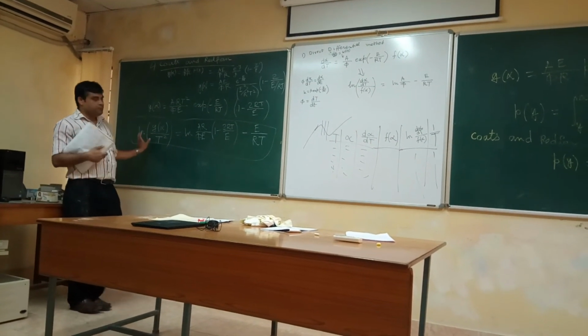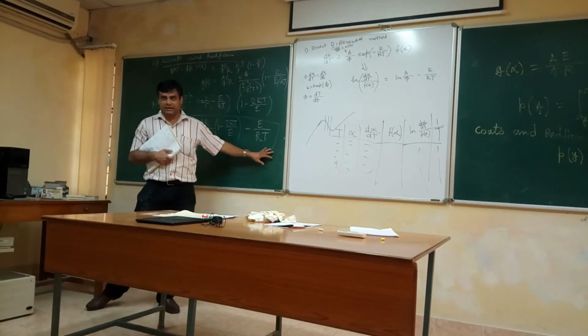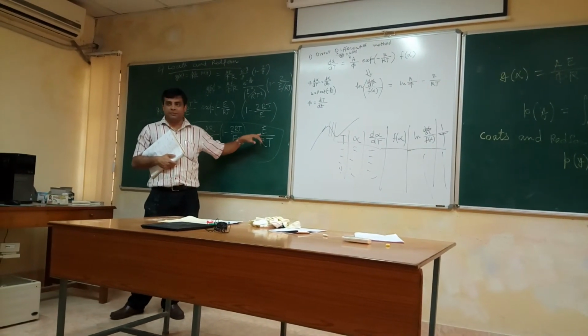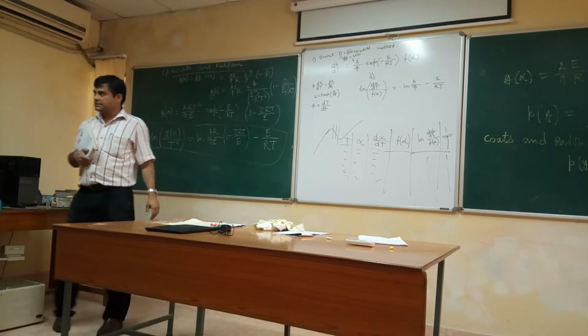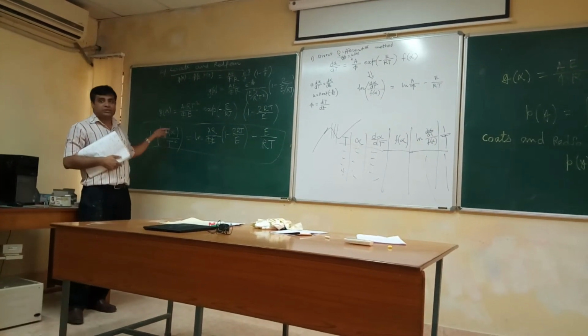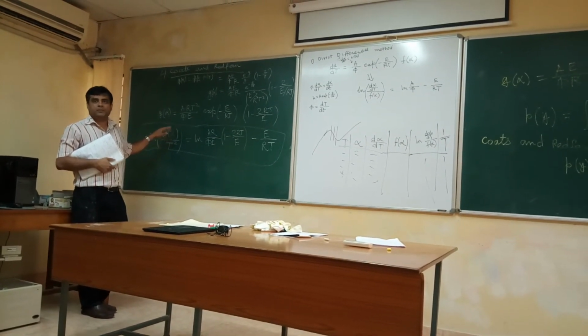So then if you plot ln G alpha over T squared versus 1 over temperature, its slope will give you the activation energy. But you need to know the expression for G alpha. It should be a straight line,